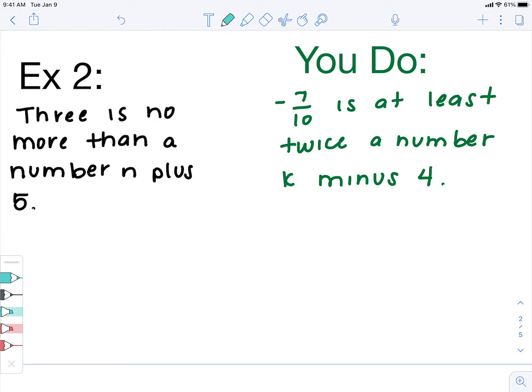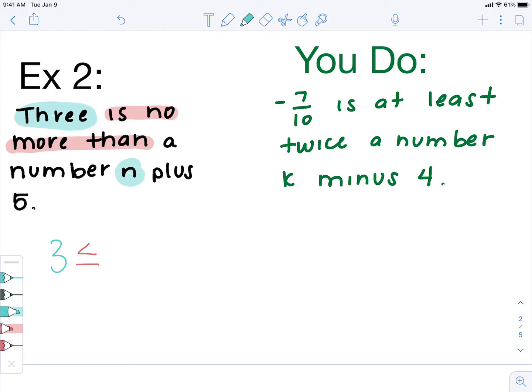So a little bit more going on, but still the same idea. We can go through and just pick out piece by piece what each thing means. 3 is no more than a number n plus 5. So the first thing I noticed right off the bat is they wrote out the word 3. So I'm going to write the number 3. Then I'm going to go back and look, and I see it says "is no more than." Which symbol did that represent? No more than. So that's our less than symbol. Wait, less than or equal to. Good. Less than or equal to